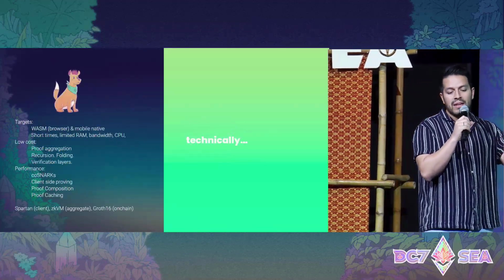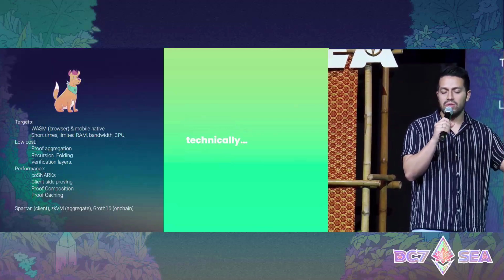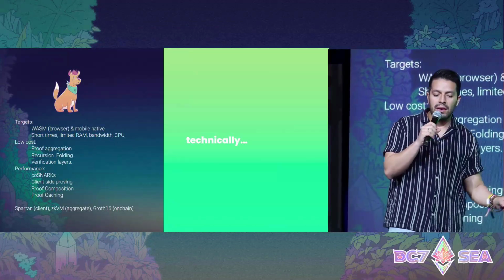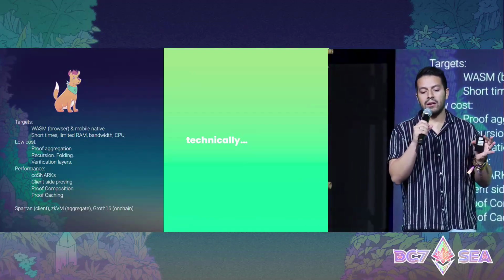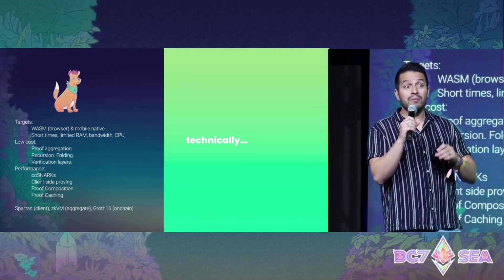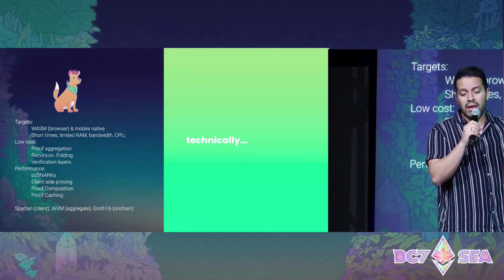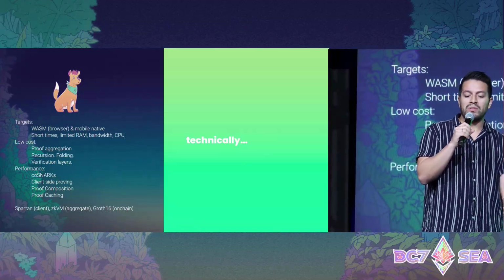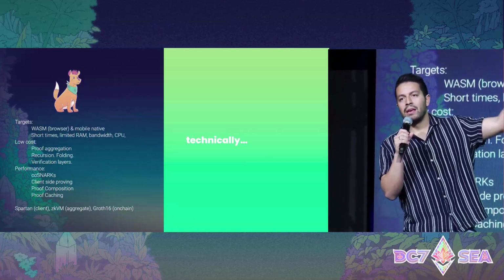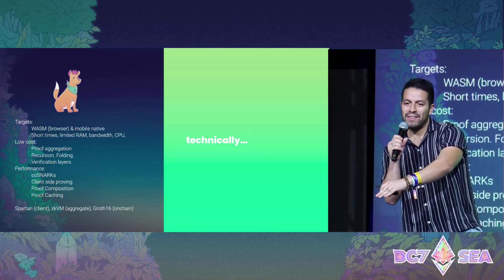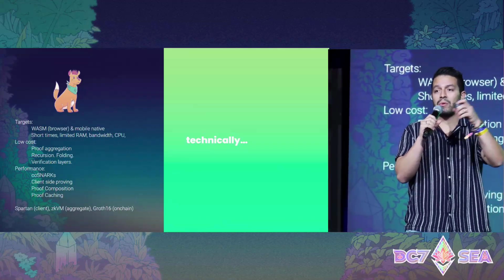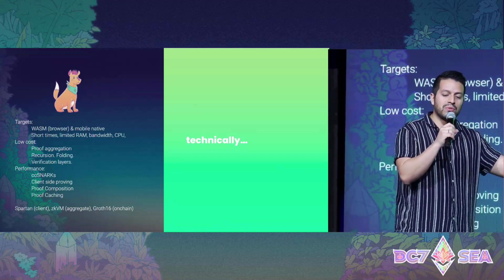Technically, this means WASM, mobile proving, small RAM memory, and low-bandwidth environments. That means leveraging techniques like proof aggregation, recursion, folding, and different verification layers, and exploring things like co-SNARKs to delegate proving, and proof composition: for example, client-side proving with one proving system like Spartan, then aggregating on a zkVM, and then proving on-chain with Groth16. Those are the solutions that we're seeing, because we want cheap, fast, composable proofs of